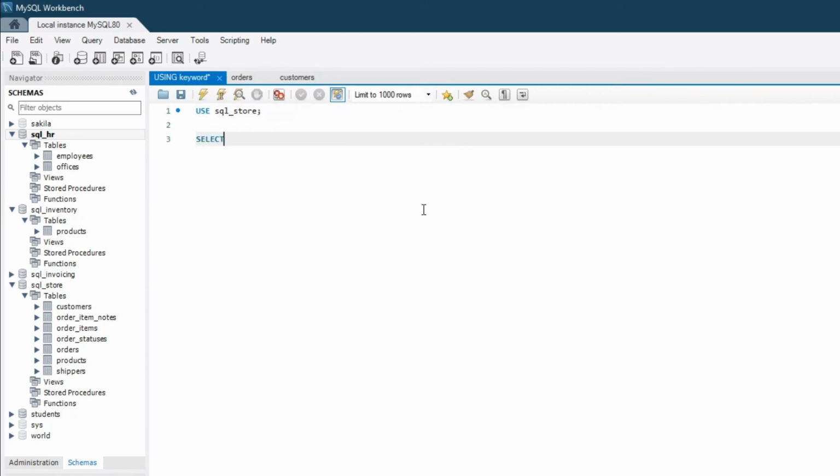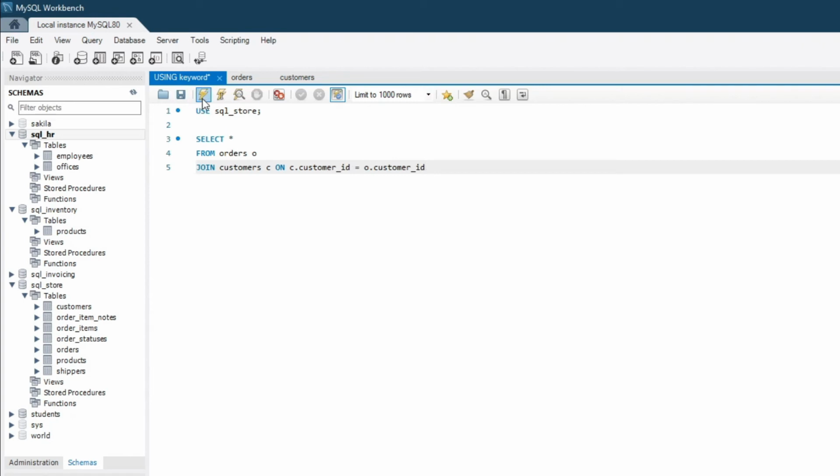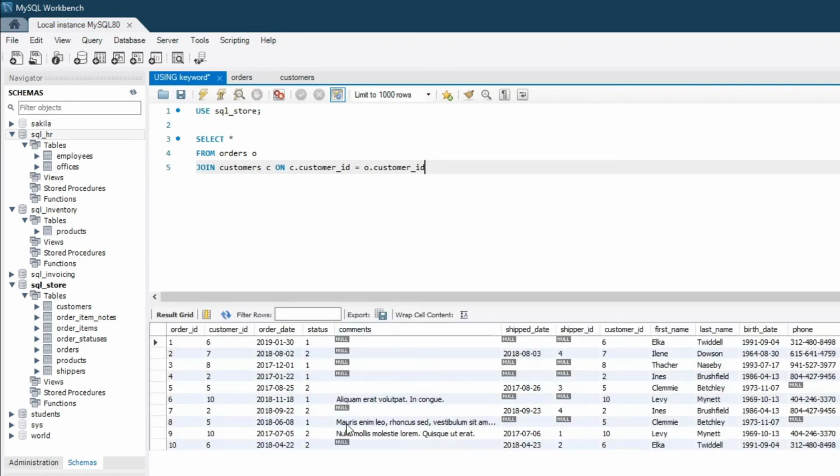If you want to see all the customers who already placed some orders, in that case we need to write SELECT * FROM orders, and let's give it an alias o, then JOIN customers, that is c, ON c.customer_id = o.customer_id. Great. Now if I run it, you can see it is fetching all the details of the customers who already placed some orders. So we just need to write over here c.customer_id, comma, o.status